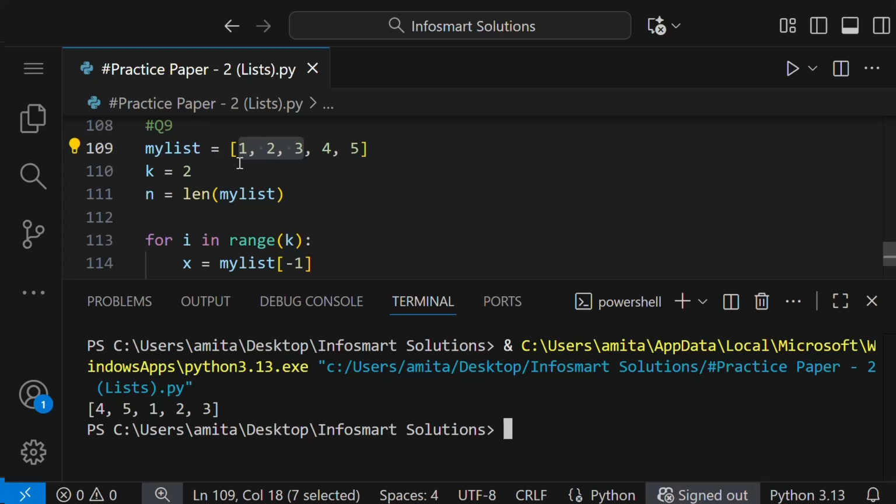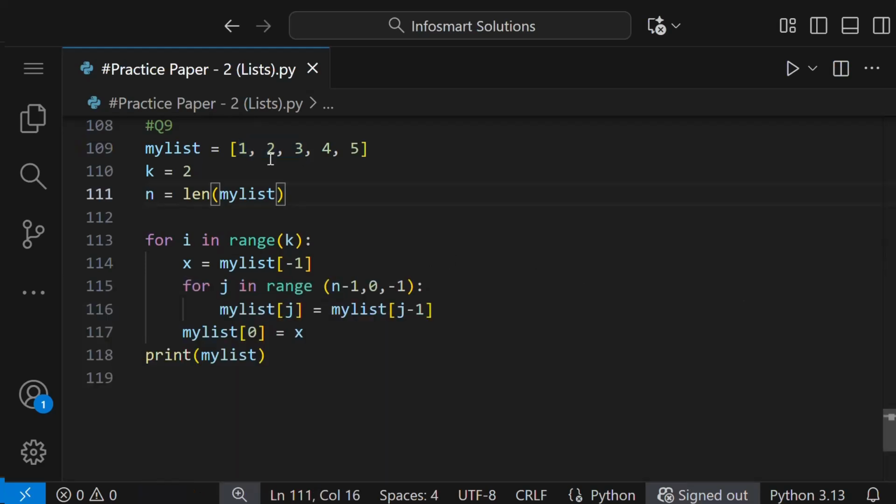What I mean is that when k is 2, the last two elements are kept in the front and all the rest of the elements are kept after that. So this is the general rule of shifting the positions, and by using this we can write